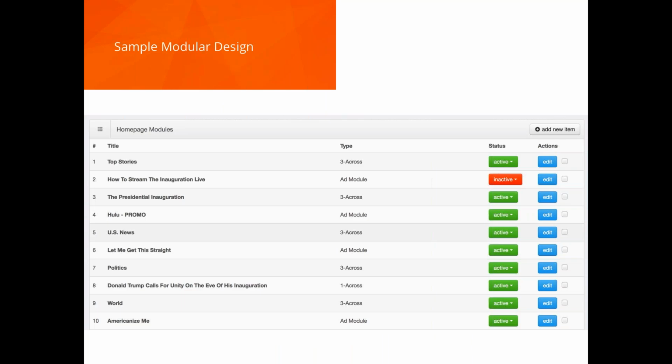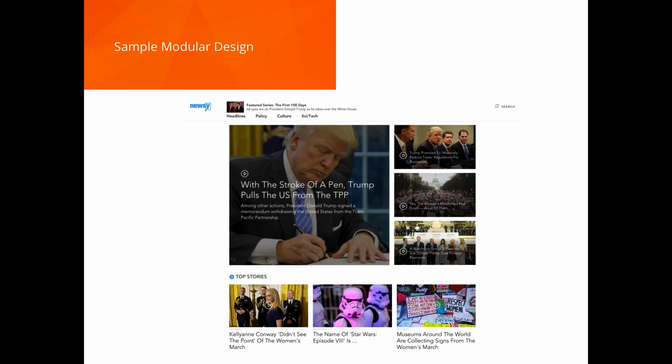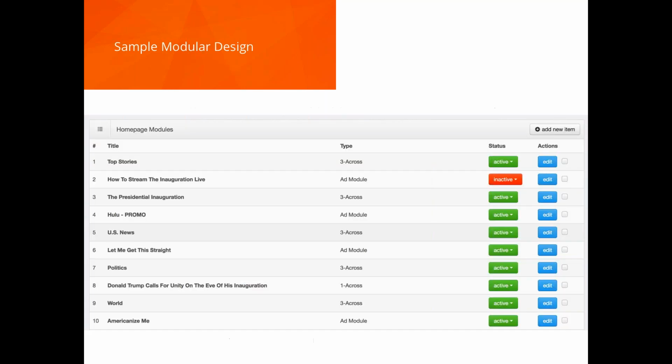Now, in their admin, they have the ability to control the order of the modules and what type of module. So again, we have top stories. The type here is 3 across. Look back here, and obviously top stories is underneath what they have separated as a hero. You can see there's the 3 across. Now, underneath that, they have an ad, and then maybe another 3 across, and an ad, and a 3 across,